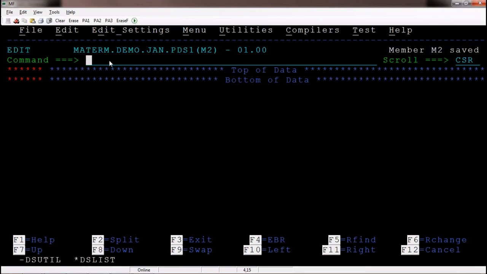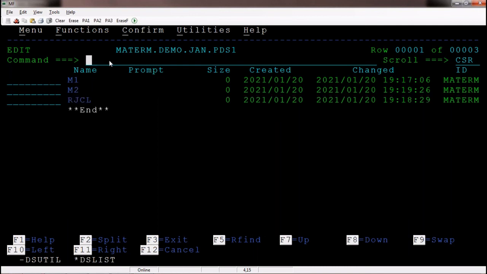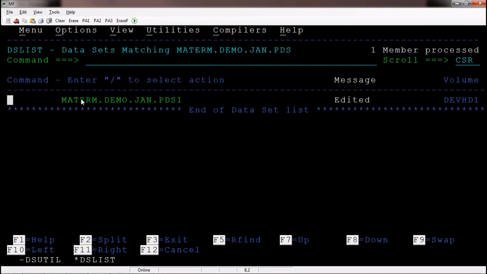You can see top right side, member M2 saved. Press F3, refresh. You can see all the members. M1 is there, M2 is there, RJCL. So these are the two ways we can create a member.